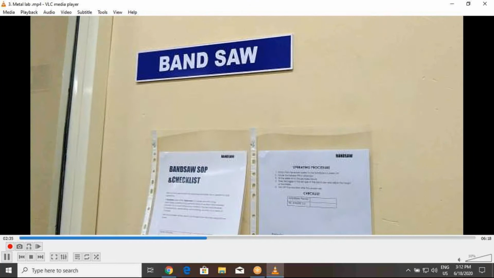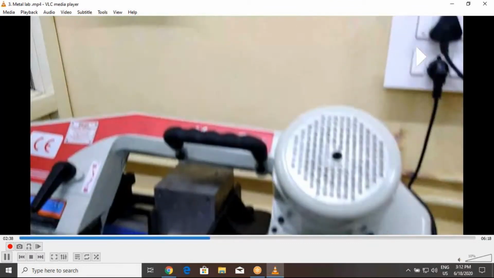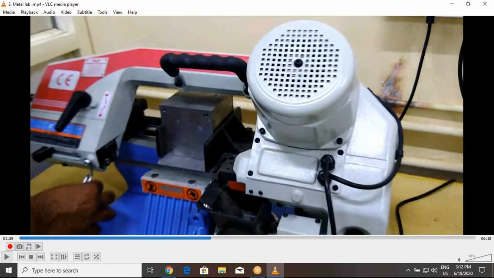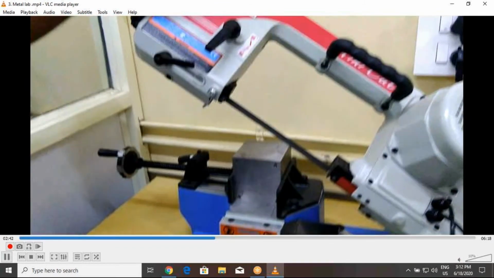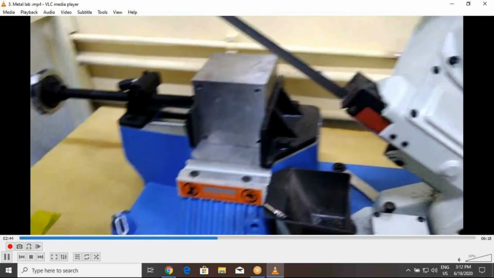Next is the bandsaw, which is used to cut the material from the build plate. So here we are cutting. See, this is the bandsaw where we can see the blade, and there is a rectangular cube where we can fix our plate. We lift it out and fix the build plate.